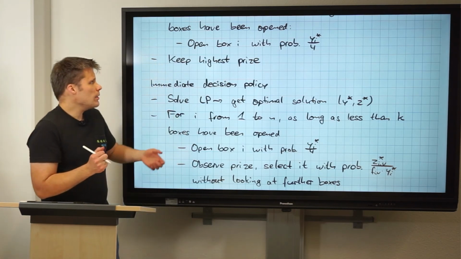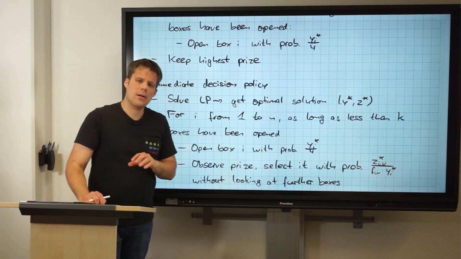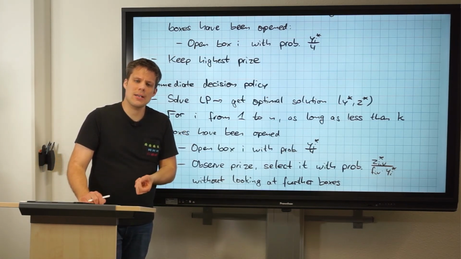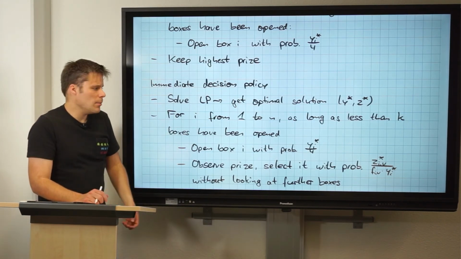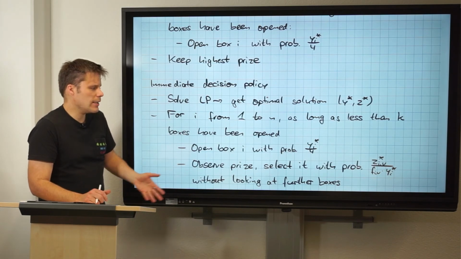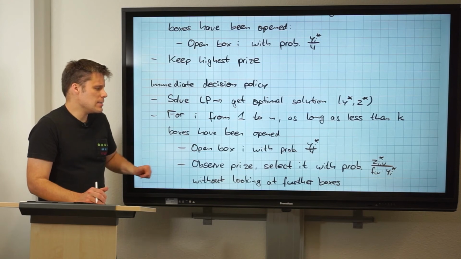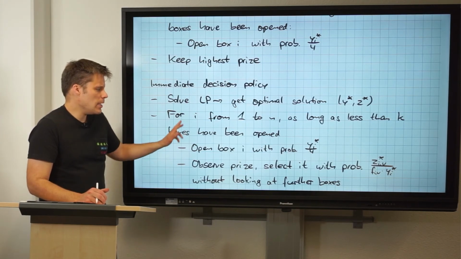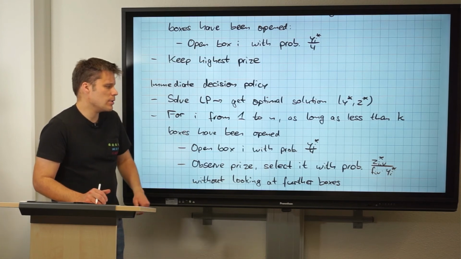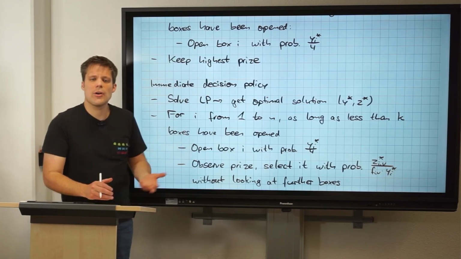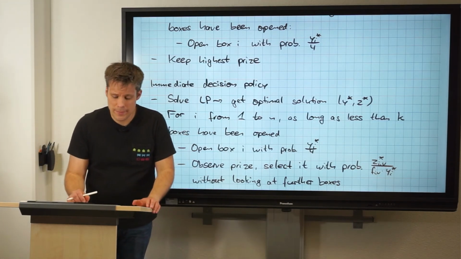But the point is, compared to this non-adaptive policy, which is the one that we actually want to analyze, the expected reward can only be smaller, because here we're actually tying our hands because we make these immediate decisions. And by the way, if we never choose to select any prize, then we're going home with no prize. This is something that we're doing just for analysis purposes.